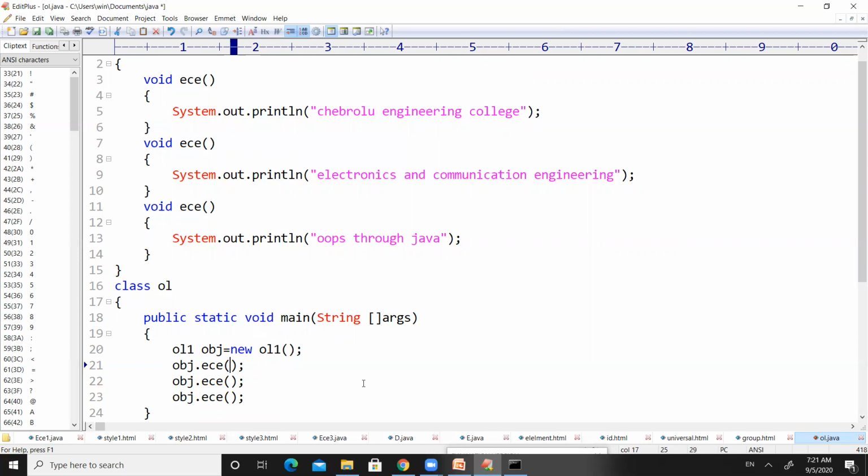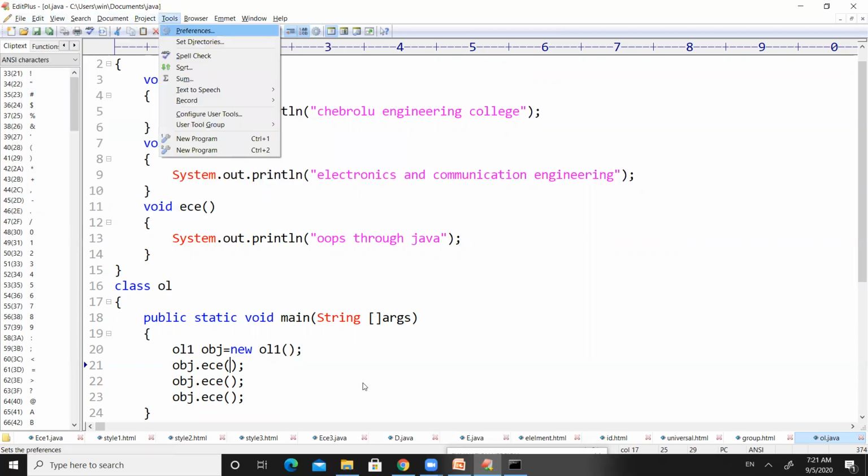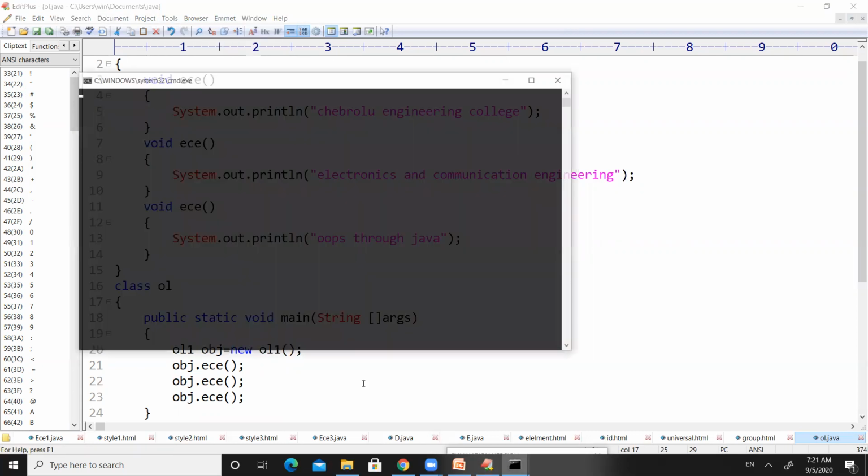Now let us observe the errors we will get if all the methods with the same name have no parameters. Save the code and go to tools. Now compile the code.